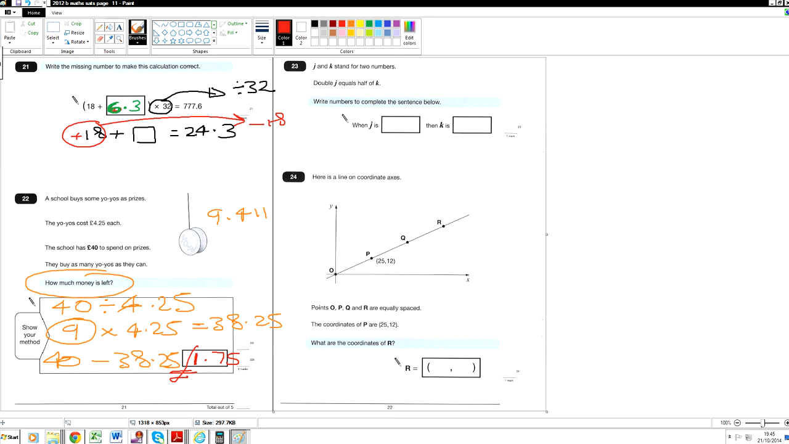Have you copied it down? I'm doing it, Zainab. Okay, if you